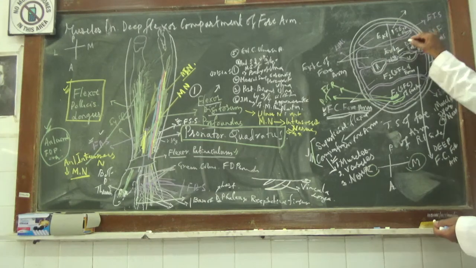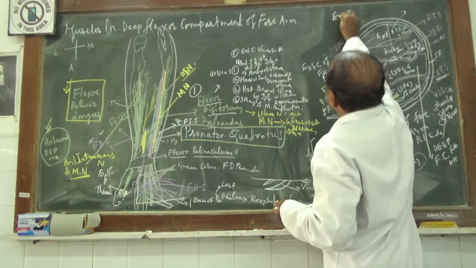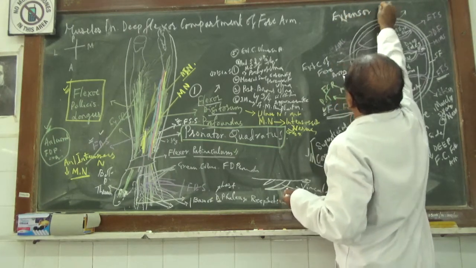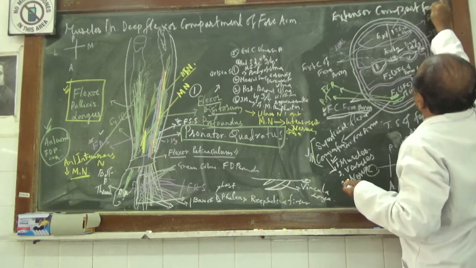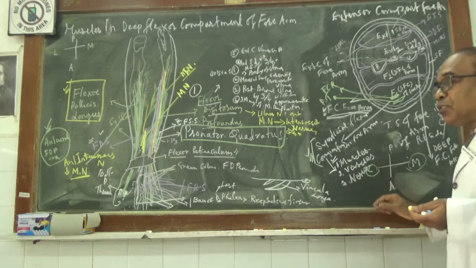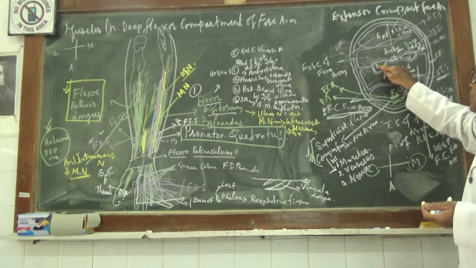Now we have to go to the extensor compartment. Extensor compartment of the forearm means what? The extensor compartment of the forearm is that compartment which will be present